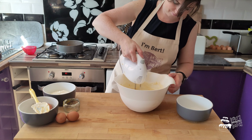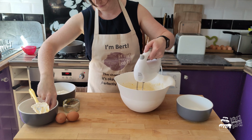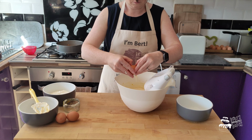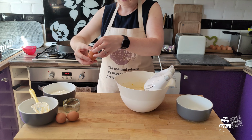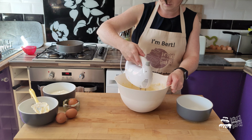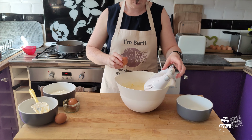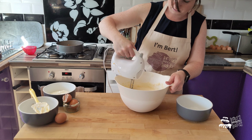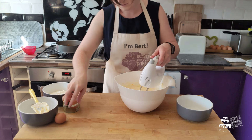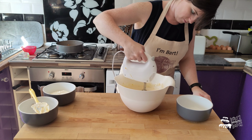Note, egg yolk on side of mixer. Get your salvaged cracked egg and pop that into the mix, discarding any shell that may have followed, and whisk that in. And then your next egg, whisk that in, and finally the 4th egg, technically 3rd egg because the first one was only a yolk. Whisk that in,